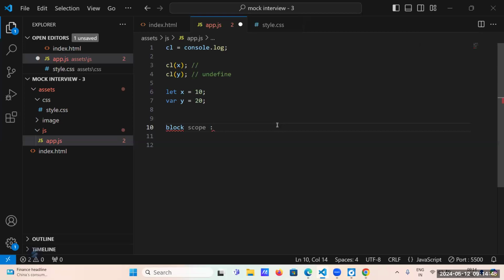Okay. So can you tell me about closures? What is a closure? It is a lexical scope.